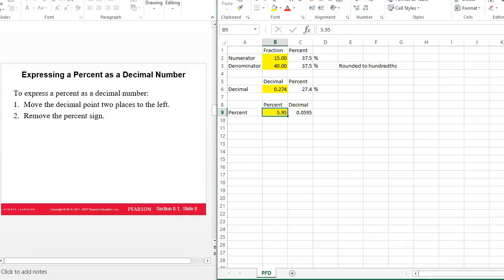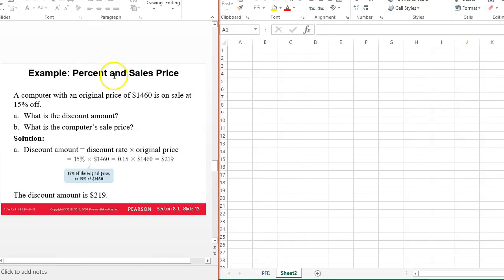So now you have a calculator. You've created your own calculator that will go from a fraction to a percent, a decimal to a percent, and a percent to a decimal. Alright, now that's just the beginning. I want to show you how to kind of build up this idea for some of the more complicated things later on. Alright, maybe you want to do a discount and